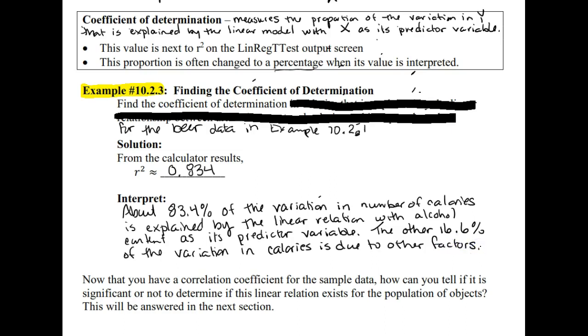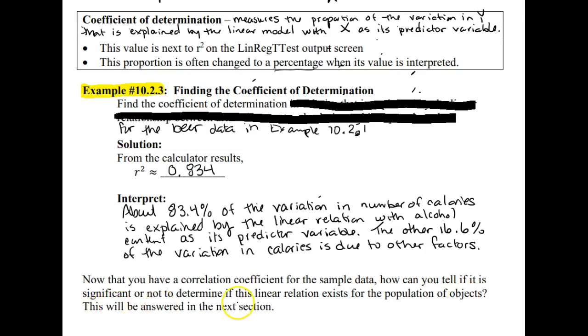Okay, so at the end of the day, when we have these linear models and we've got one variable that's helping us predict another one, it's interesting to know what percentage of the variation in the outputs can be explained by the thing that we're trying to use as the explanatory variable. A good explanatory variable should do a lot of explaining, and so r squared should be close to 100%.